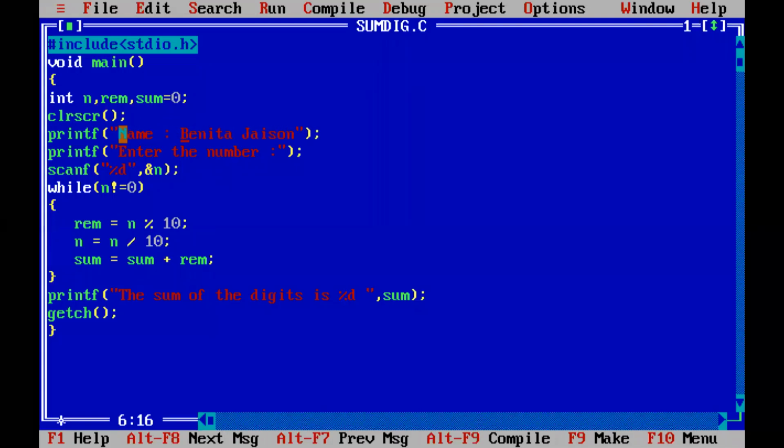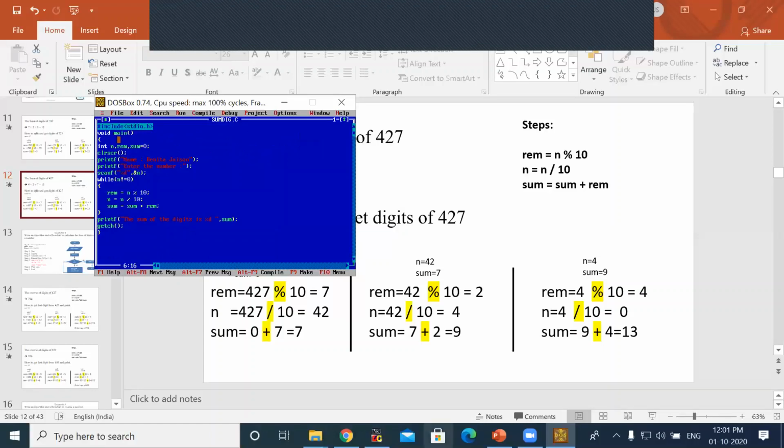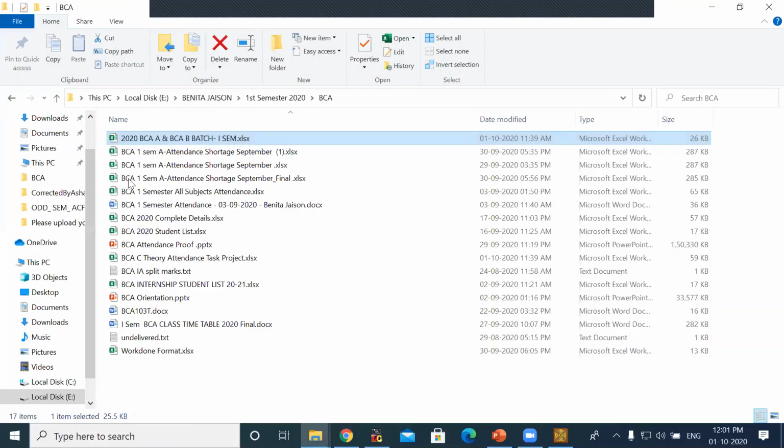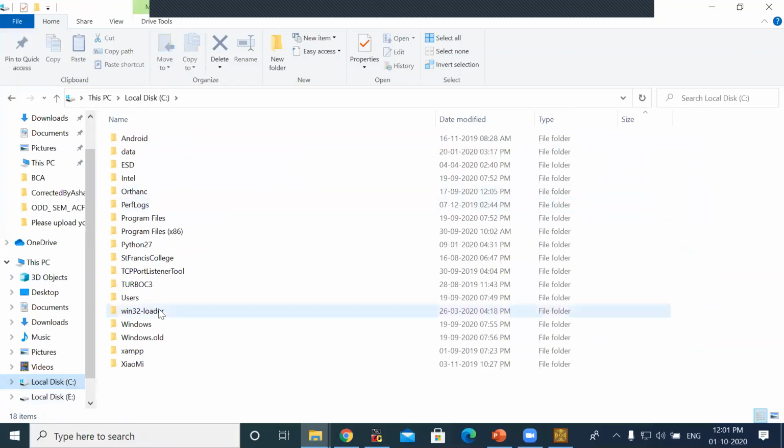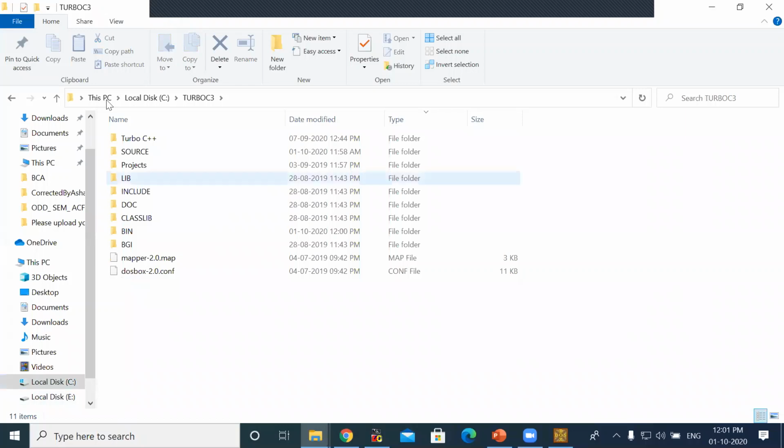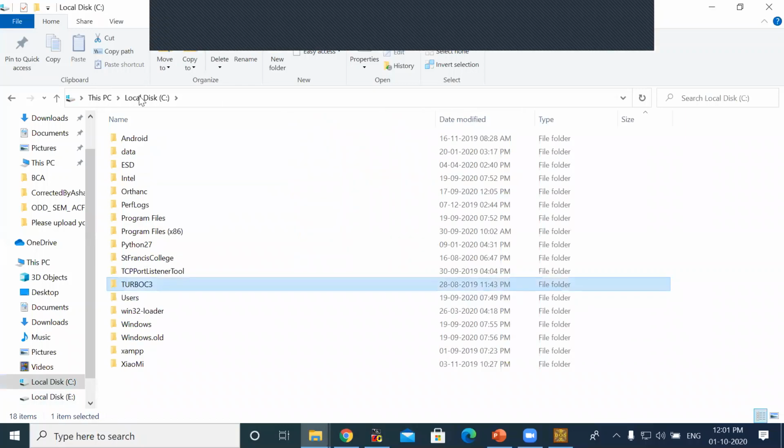All the lab programs you should keep in a folder. As I had told you, if you have any doubts about how to create a folder and save all your C programs, I will show you. Listen here. I will be checking whether this folder has all your programs when you are executing or sharing your screen. So you have to go to C drive. All are listening, right? 37 participants are there.